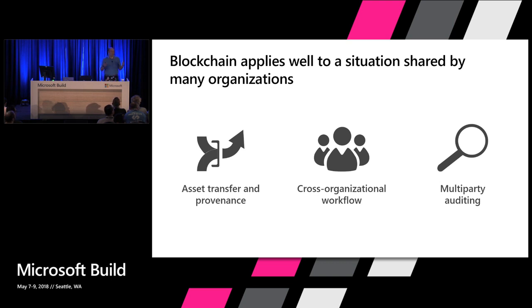The second thing that people are doing is they have some kind of cross-organizational workflow. Let's say there's an agreement that needs to be reached among a variety of different counterparties, and all those counterparties have to provide some input and then sign. And the inputs that the subsequent ones provide maybe depend on the first one. So it could be a syndicated loan or something like that, or a trade finance instrument like a standby letter of credit. So that workflow can be orchestrated across these different parties using blockchain.